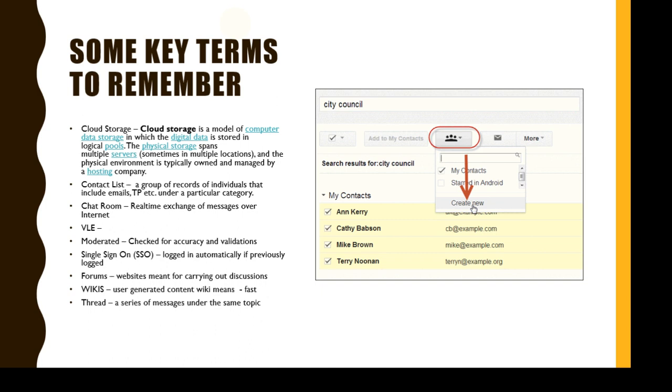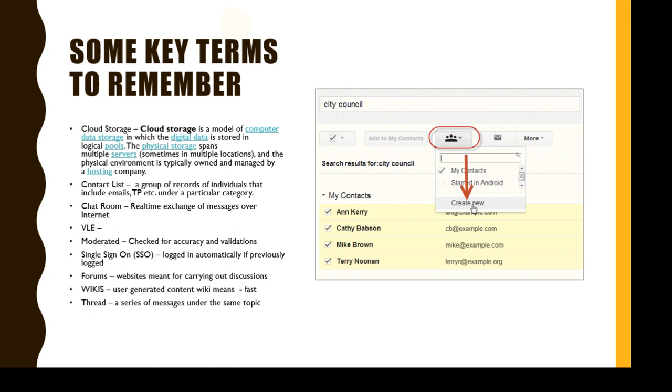Moderated means the content will be checked for accuracy and validity. Especially in a chat room, the content will be checked to see whether it's proper, whether inappropriate content is shared. So it will be automatically blocked, or sometimes manually checked.